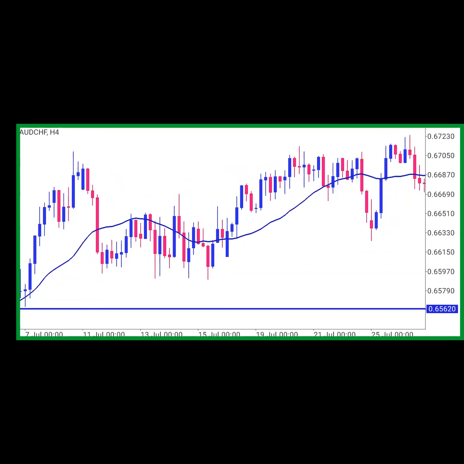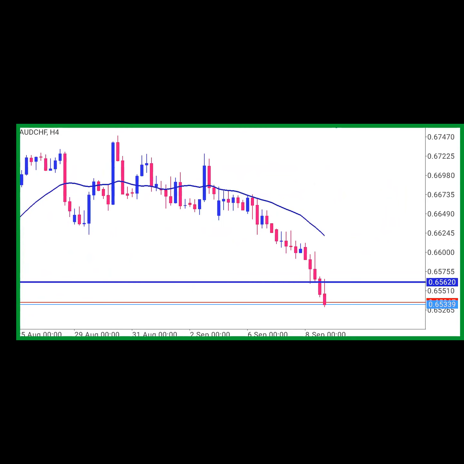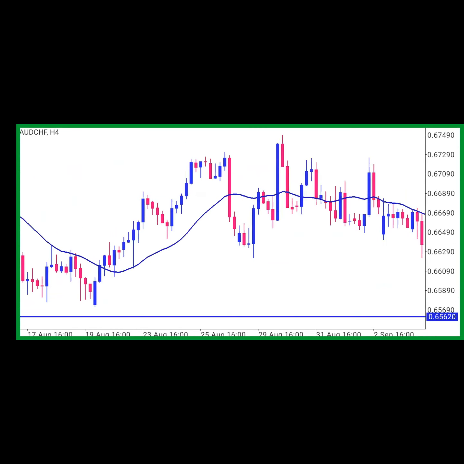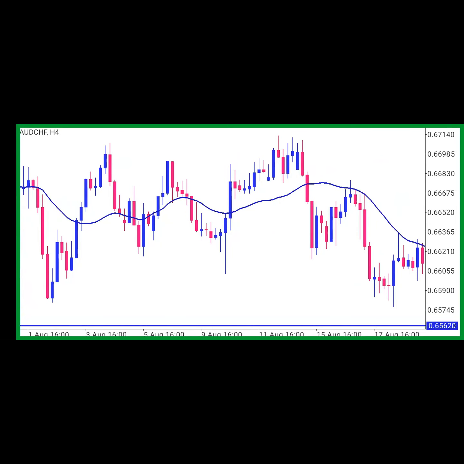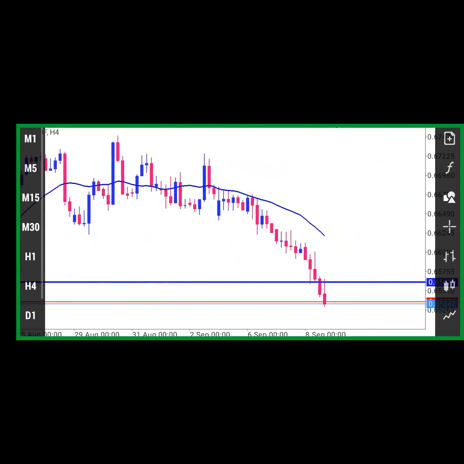So if you're trading this kind of market, there's a probability that it will collect your money, because one minute it is selling, one minute it is buying, and everywhere is just noisy. So in that kind of case, you don't want to trade that kind of market. Now, let me give you another scenario.